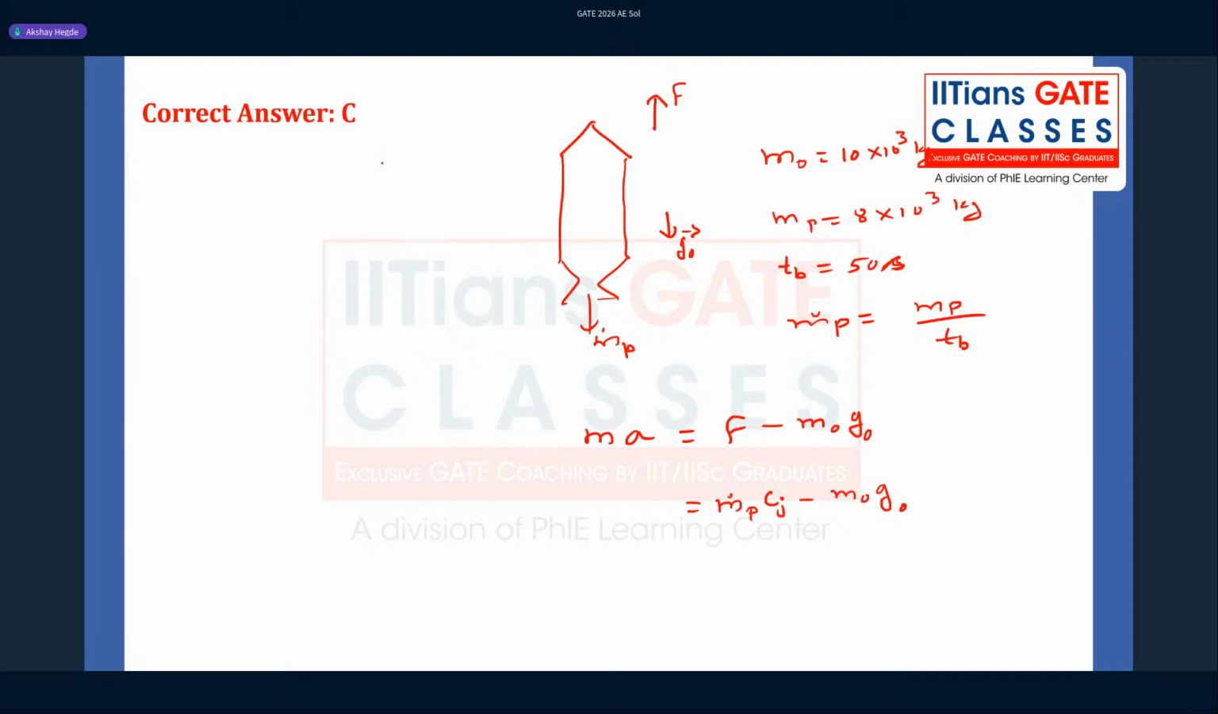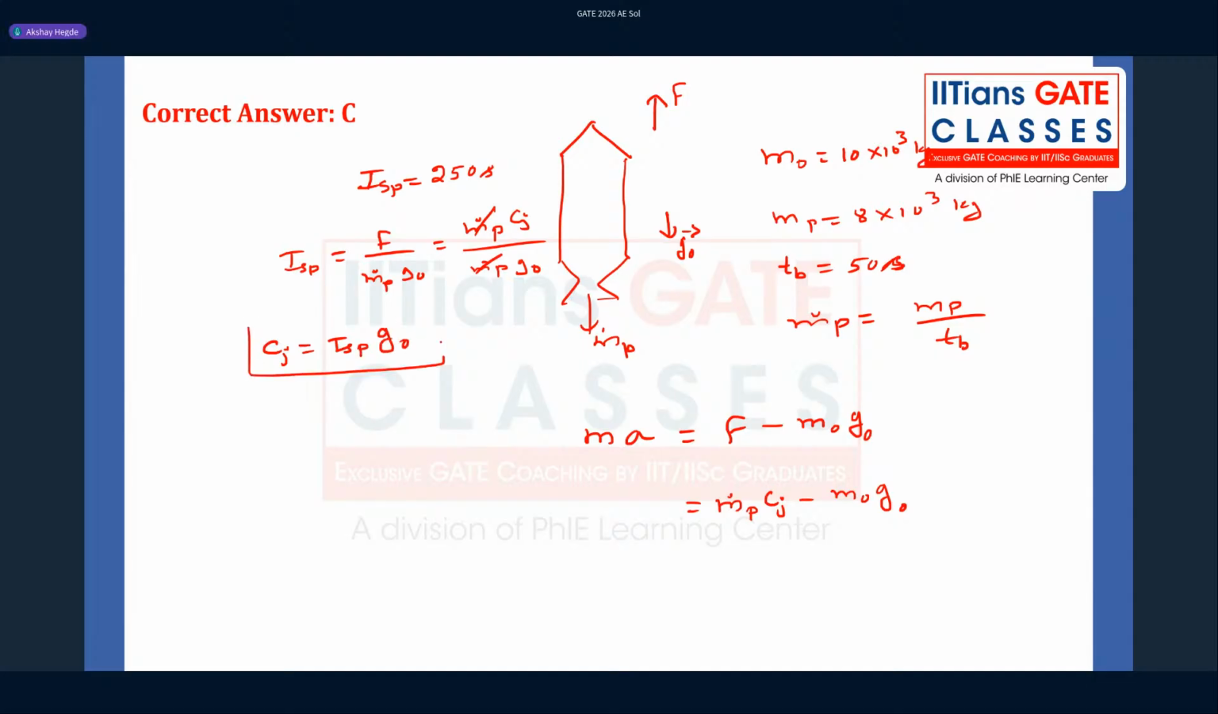One more variable that is given in the problem is the specific impulse of this system, which is 250 seconds. So in an ideal scenario, Isp is nothing but thrust divided by mass flow rate of propellant times g naught. So thrust is nothing but mass flow rate of propellant times Cj, divided by mass flow rate of propellant times g naught. So if it cancels, I am left with Cj is equal to Isp, that is specific impulse, times the magnitude of the gravity vector. So I can replace over here